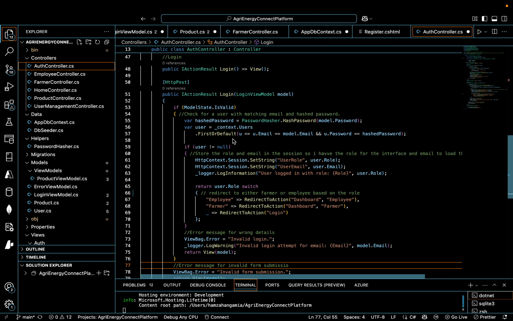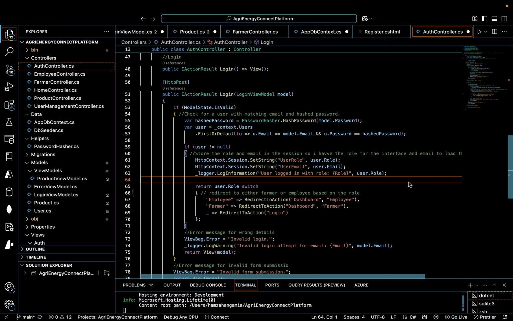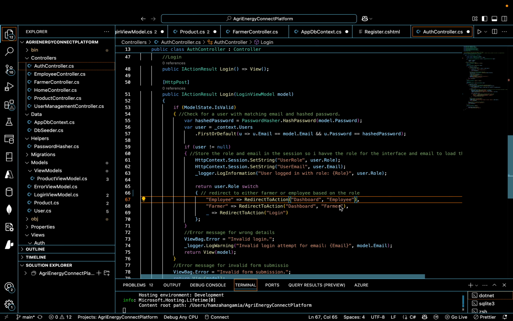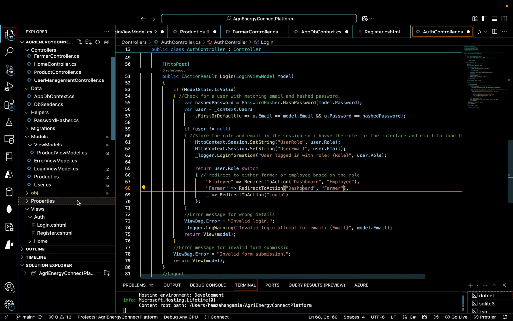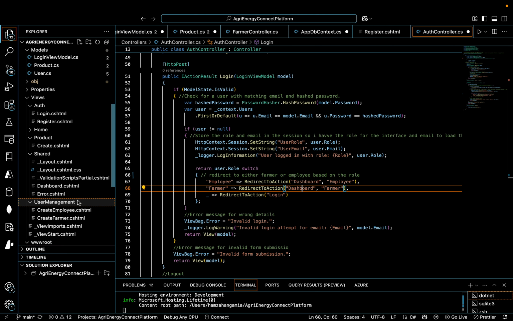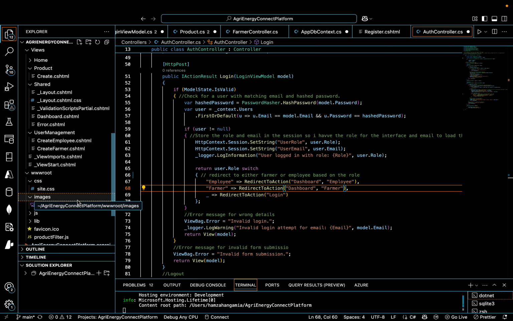So like I was saying earlier, I store the email and the role in the session. Reason being is I need the role after the login to decide whether the user will be directed to the farmer dashboard or the employee dashboard. So I actually have an if statement. So my